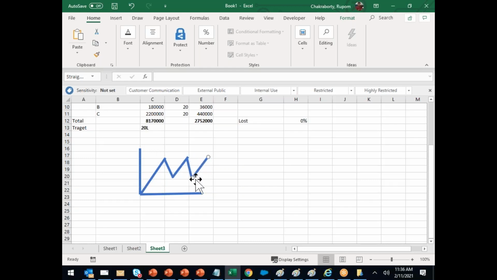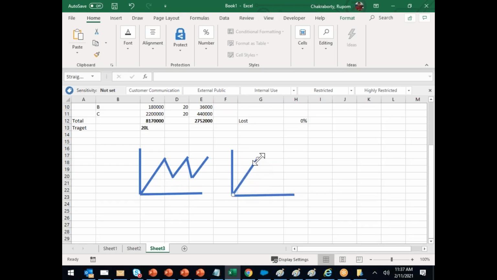If your graph looks like a sawtooth, you know what a sawtooth is? Cutting wood, sawtooth. If your graph looks like a sawtooth, the manager will understand that agents are playing with the system. Your sales manager will understand that all my sales representatives are playing with my system. If a person is genuine, then the graph will look different.